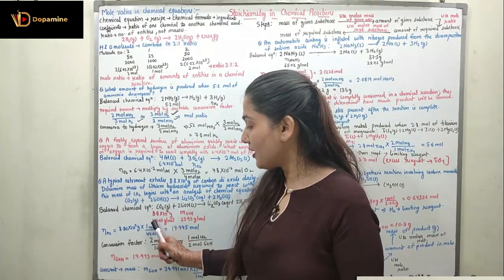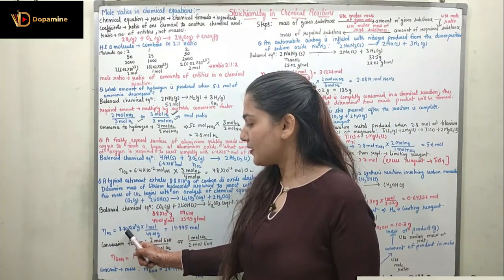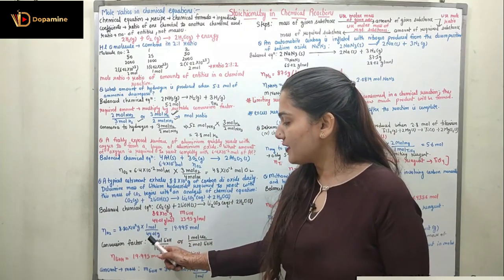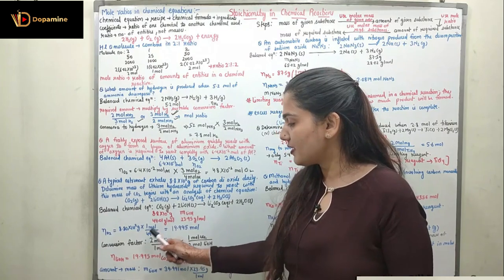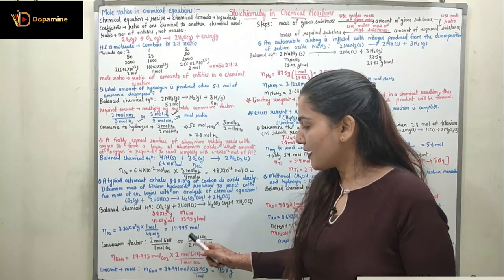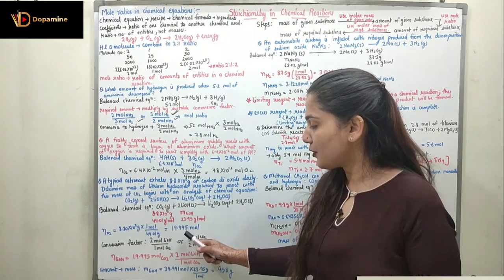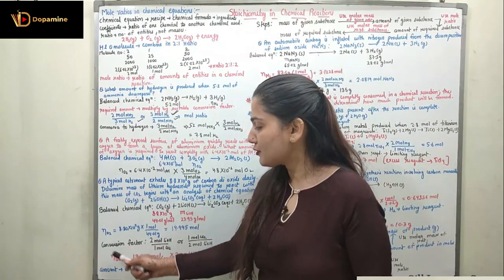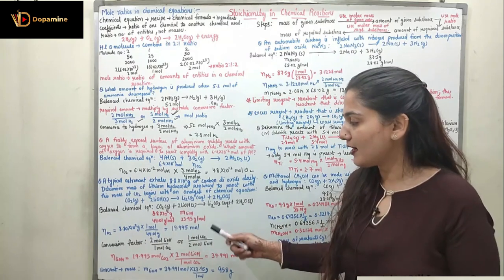The given mass upon molecular mass. Given mass was 8.8 × 10^2 grams multiplied with 1 mole divided by 44.01, which is the molecular mass. So when we computed it, we found 19.995 moles. Right, so here first of all we need to find the conversion factor to find the number of